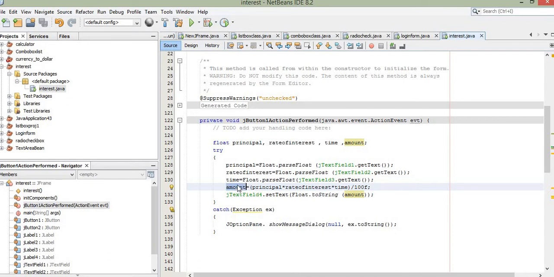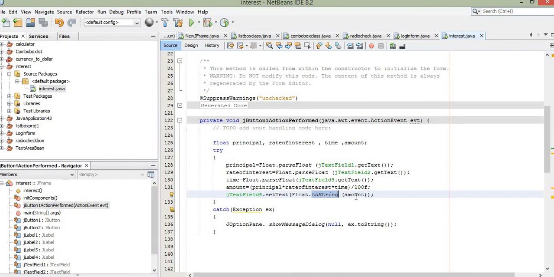So before it gets stored into the fourth text field, this simple interest amount has to be first converted into the string type using the toString method of the float class, and this is represented as float.toString. That means we are converting the data type of this variable called amount from float to string,